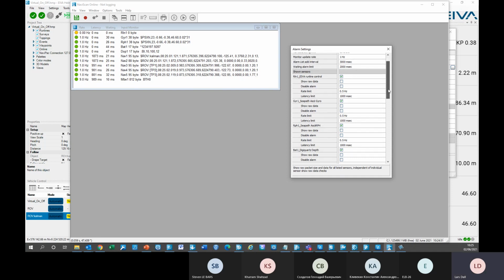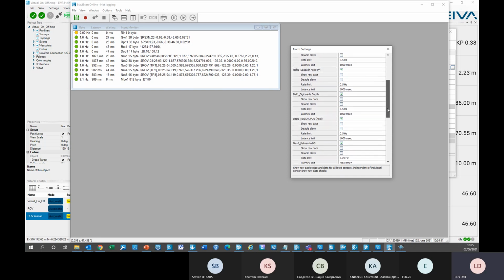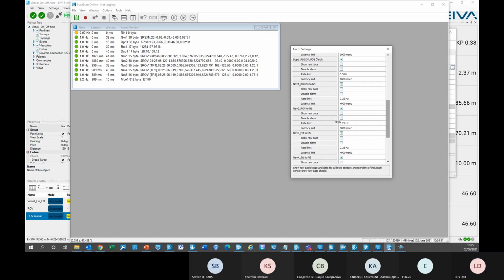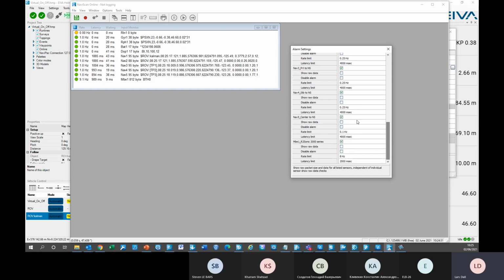For instance, on the navigation, you can see the latency limits. I've changed all the latency limits on navigation to 4 seconds. The unit is milliseconds, so 4,000 milliseconds. Once I've done that, then I don't get any warnings on my navigation